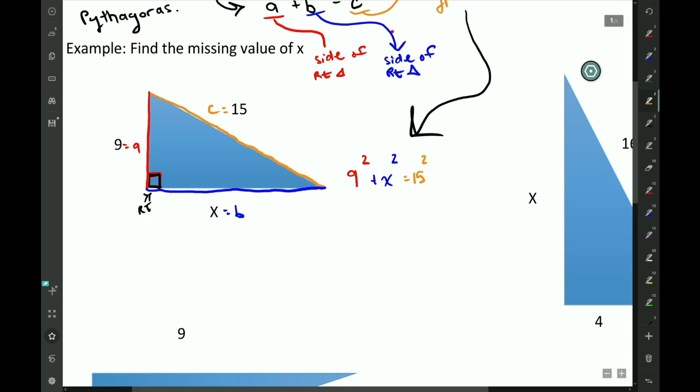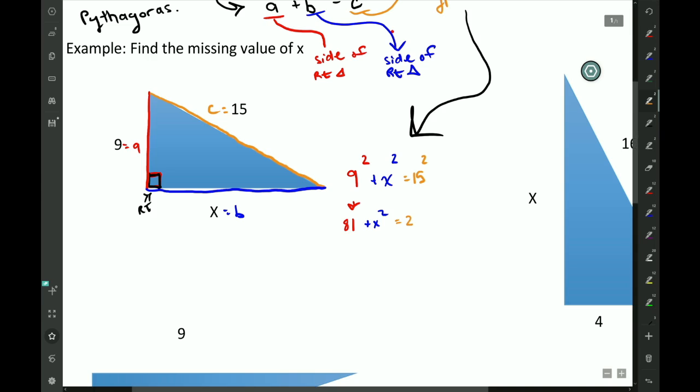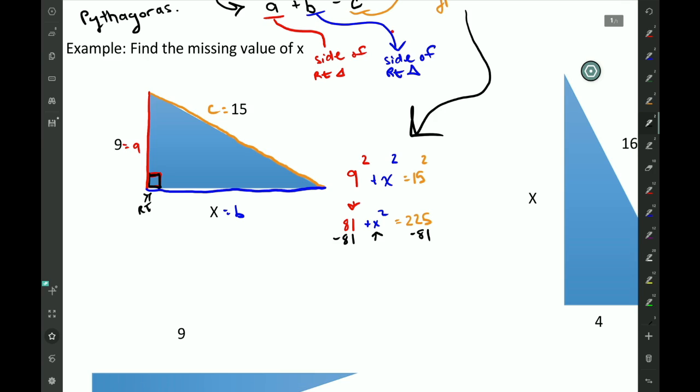Okay, so you might have to erase. This is our statement, and simply put, we're going to solve it. So 9 squared, if you use your cards, you should know is 81. And then we have plus x squared, which we don't know, equals 15 squared, which 15 times 15 is 225. We are going to solve for x squared. And doing that, we're going to subtract 81. 225 minus 81 is a good old 144